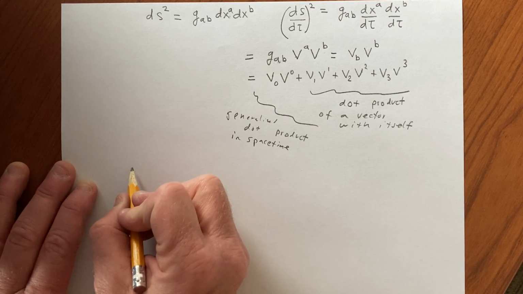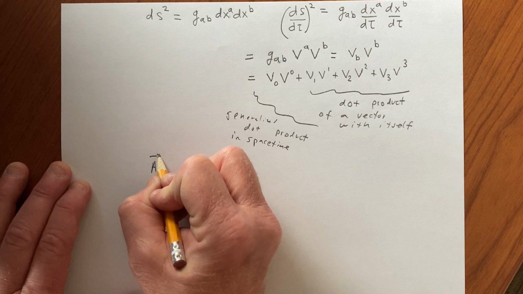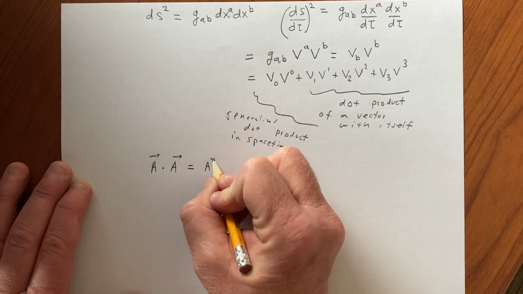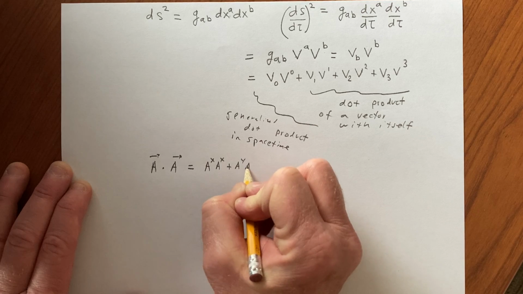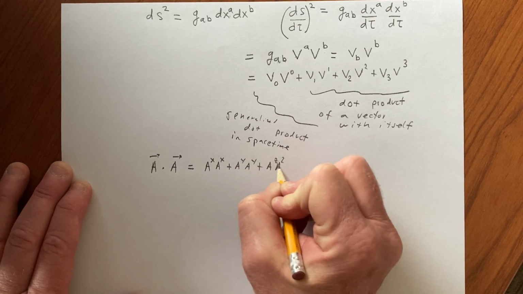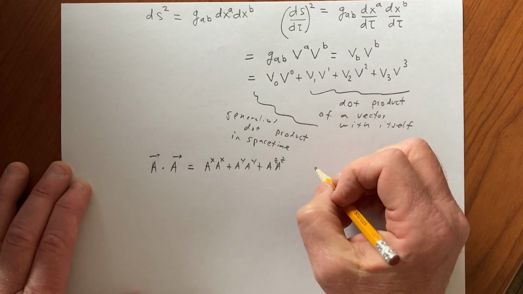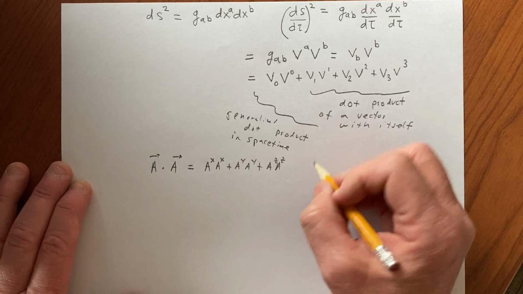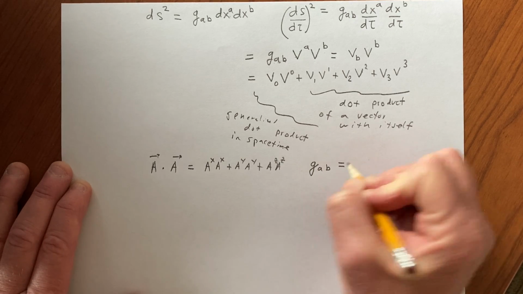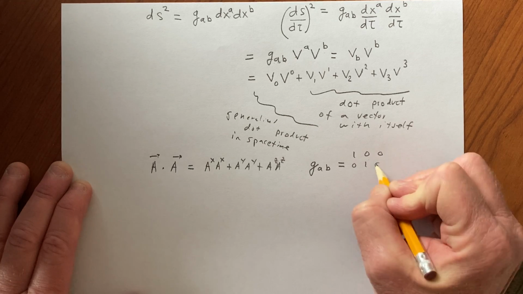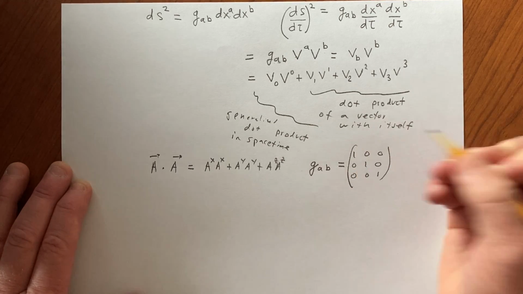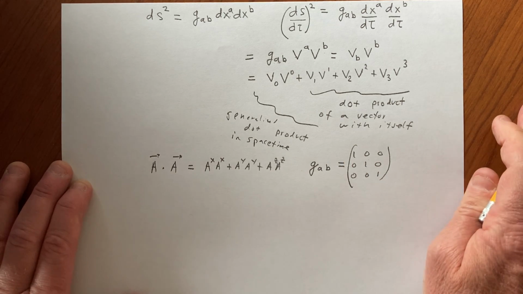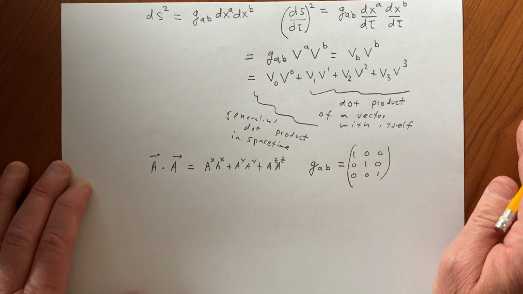And the point here is that we're generalizing this dot product, and normally we think of, say, Cartesian coordinates, we think of this as being A_X times A_X plus A_Y plus A_Z, where in fact the only reason why it looks like we're just multiplying components of vectors by themselves is because this quantity is 1, 0, 0, 0, 1, 0, 0, 0, 1 in Cartesian coordinates, and then the generalization of that, of course, has a -1 in the 0, 0th component if we're doing 0, 1, 2, and 3 for